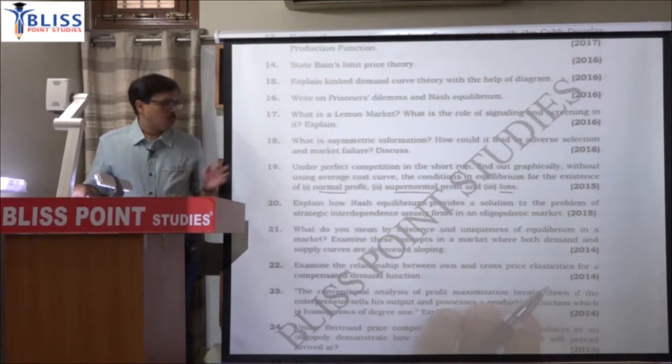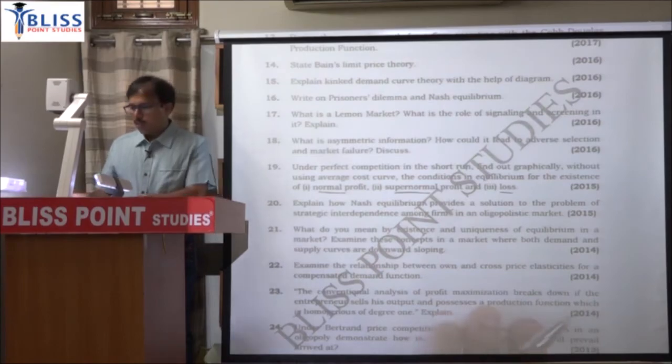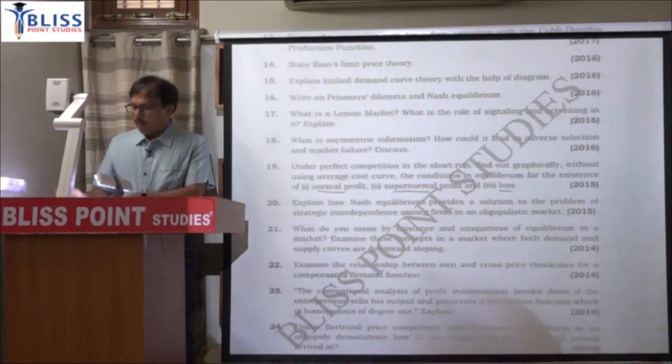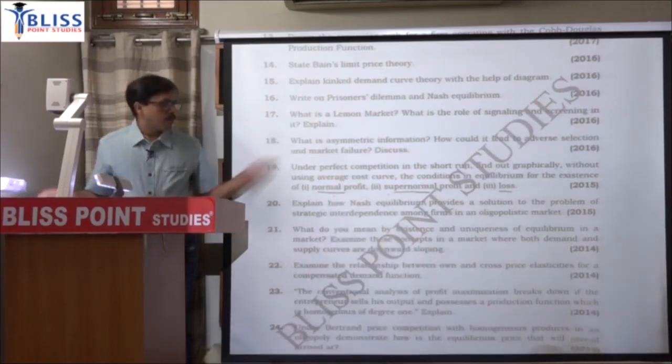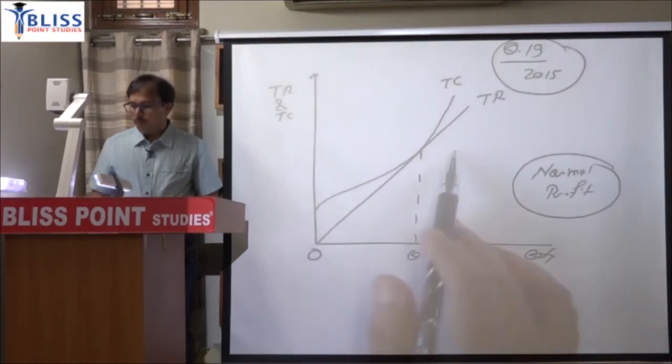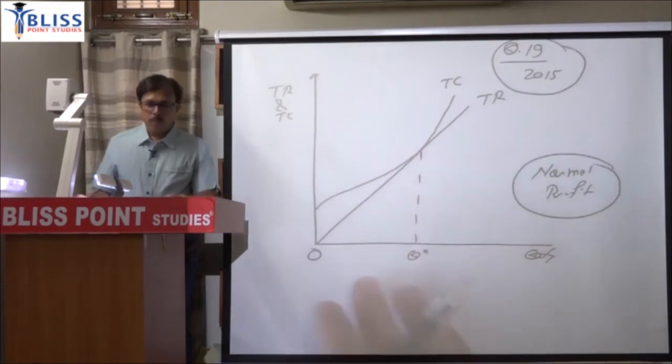So if you are not using average cost curve, you have only one option: use total revenue and total cost approach. So total revenue and total cost has been applied here. So in this part, the normal profit diagram is this one. This is for normal profit. The previous one was for loss, and the first one was for